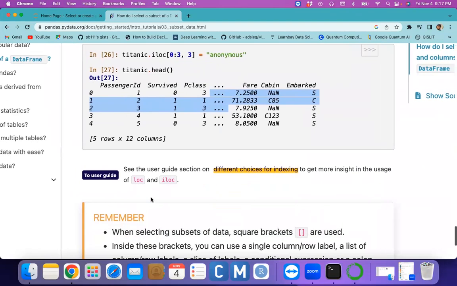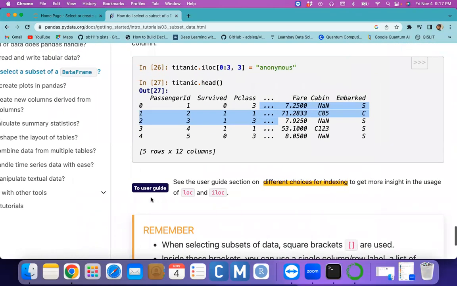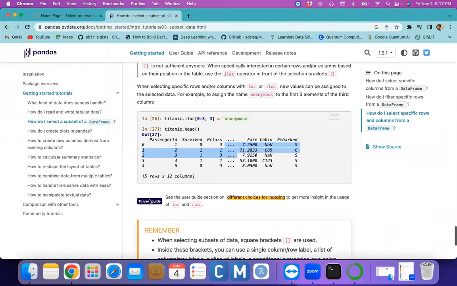So this is the way we can use the iloc method. In upcoming sessions, when I'm doing data science projects or machine learning projects using pandas, I'll be using iloc or loc, read_csv, to_csv, or conditions when accessing some specific columns. If you want to know those things, we have to read this particular document. Okay,